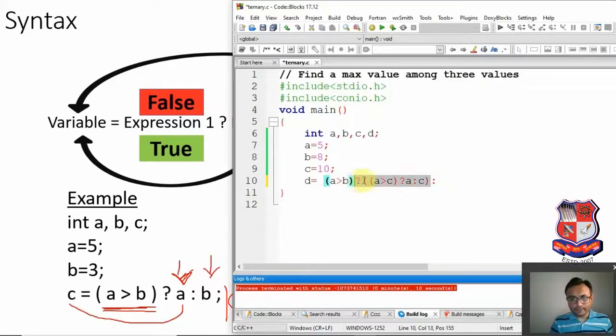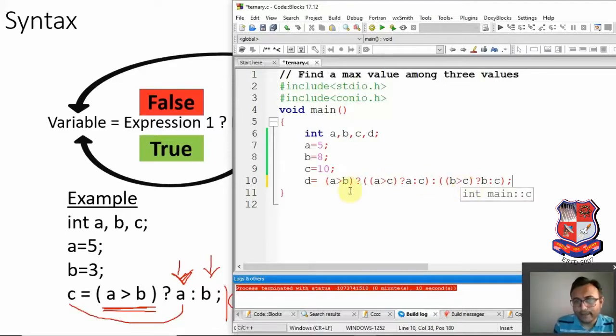So I will just copy this code and put it over here. Now see, check this one. Suppose a is greater than b is not true, meaning the condition is false. So here I will replace the value of a with b, and our expression 3 will become like this. Now our statement syntax is complete. Now check this again.